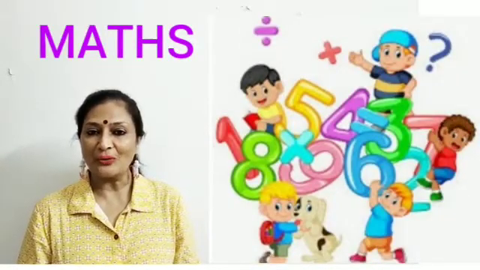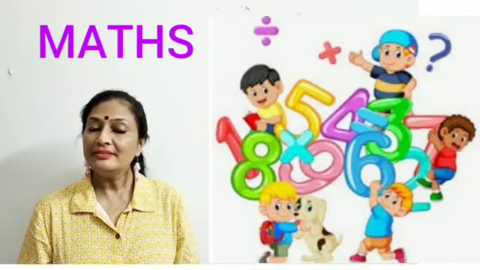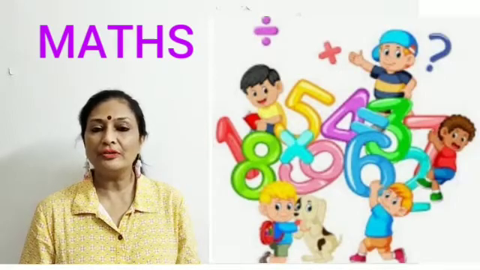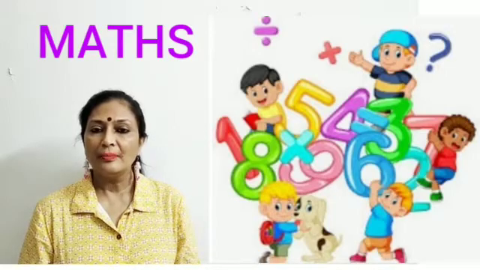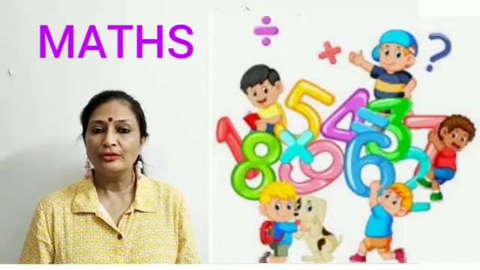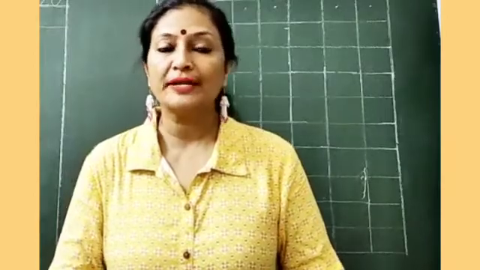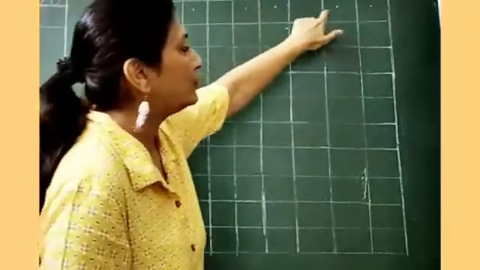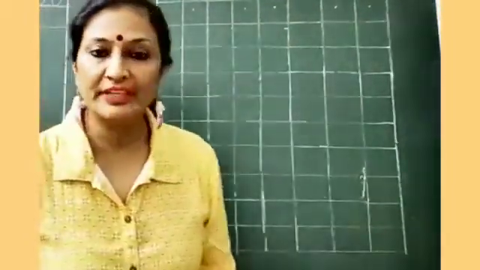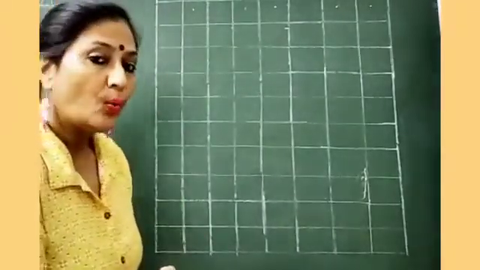Our maths class now. Let us learn to write numbers 1 to 30 in series. And today we will also write number 15 in our maths activity book. So, let us first learn to write 1 to 30 in series. I have put dots here and I have also made blocks as you will see in your notebook. Okay? So, let us write the numbers from 1 to 30.